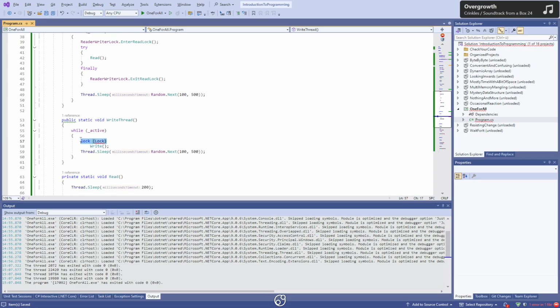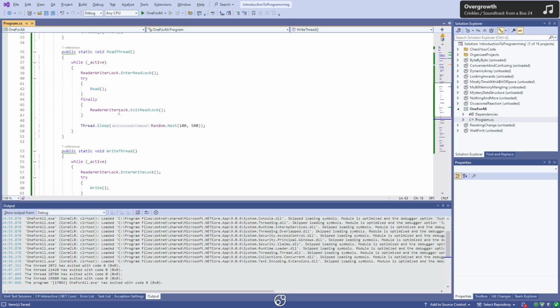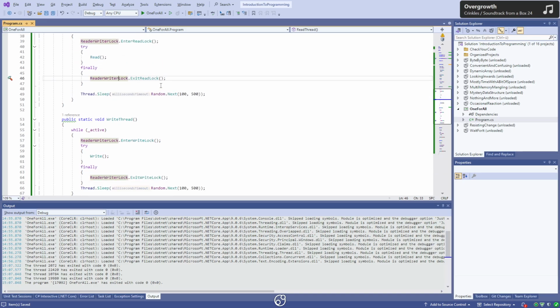Now down here we have the same structure, but we don't try to enter read lock. We try to explicitly enter the write lock. And same with the write lock though, we have to exit the write lock, free the resources again. And if you can't guess what this does,